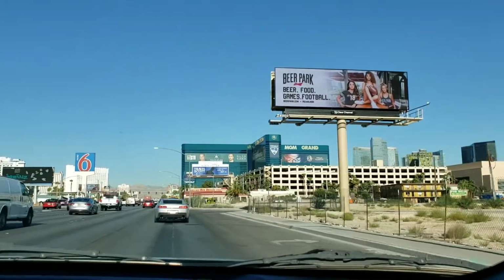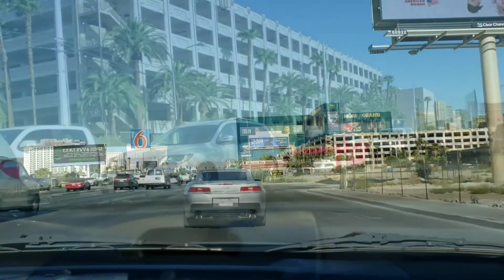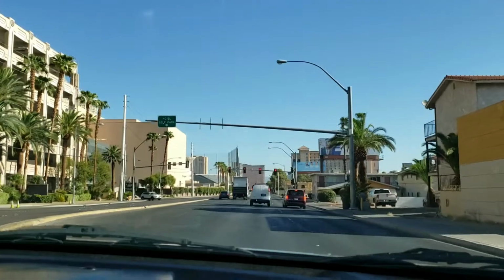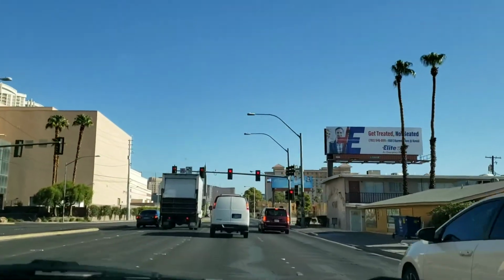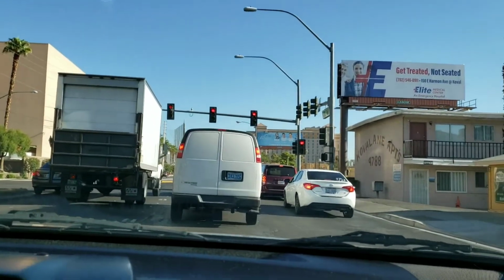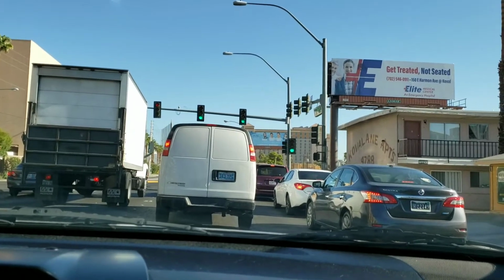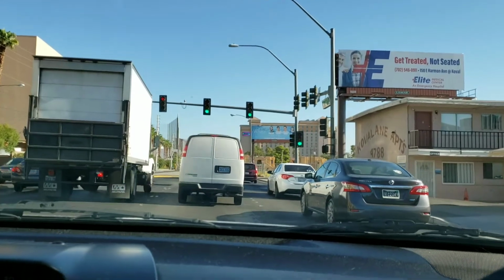All right, we got some traffic here, so I'm just going to go ahead and start up again when we are on Koval. All right, we are now on Koval. As soon as we pass this Top Golf, which is coming up, we're going to make a left off a street called Harmon. The thing is, Harmon dead ends into the University of Las Vegas, and then it starts up again. So before I tried to take another street to Harmon, thinking I could take it straight through, and you could not. It puts you right into that university. You get stuck in there. So I do it this way,